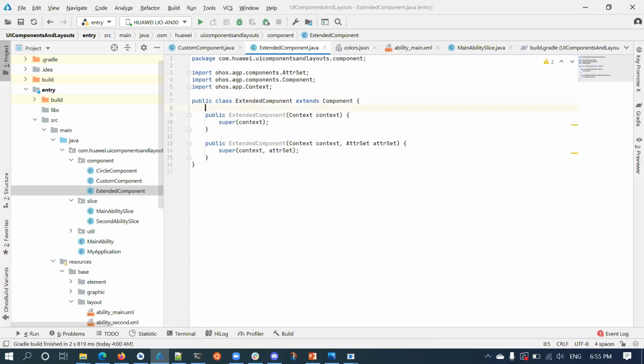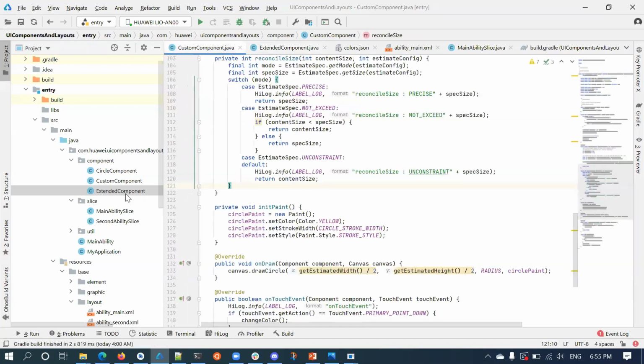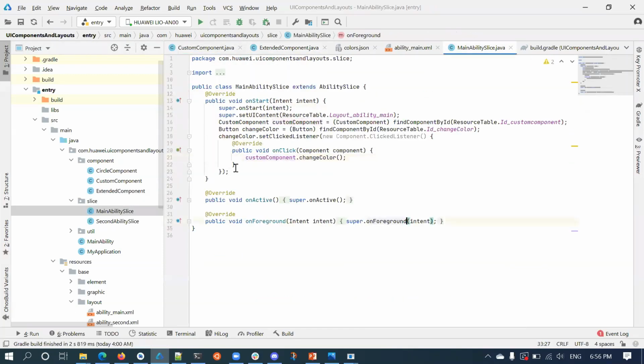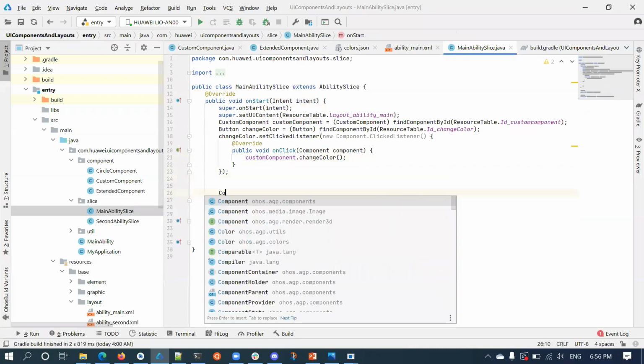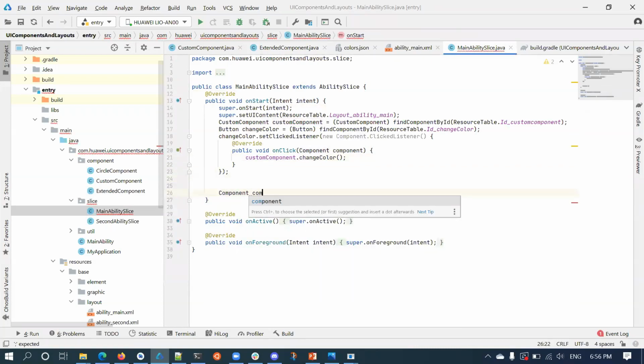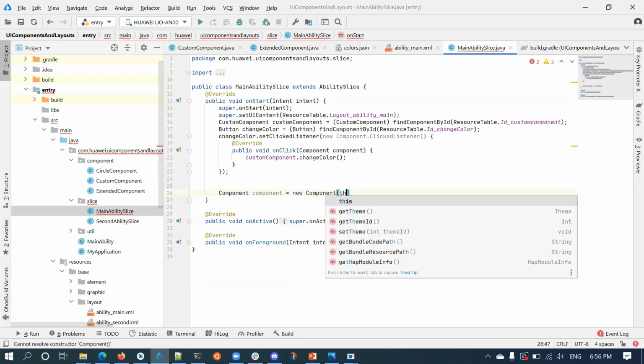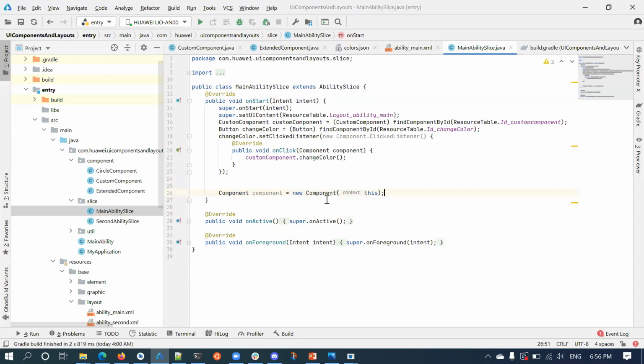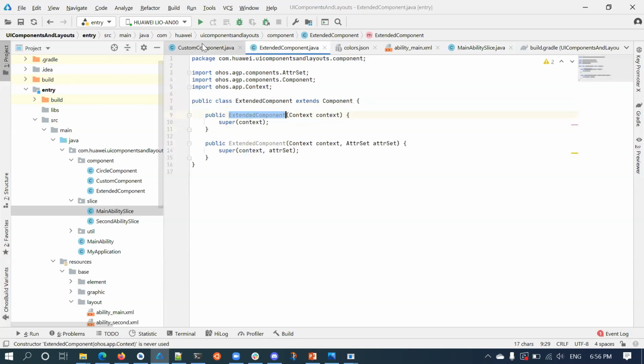So there are 2 different ways, I told you, to create a UI. Either you can create via Java, or you can load from XML. So when you are creating via Java, how will you create a component? Like this, using the new operator, and you will be passing just the context. You see here. So we have overridden this first constructor. When you are creating via Java code, it will call this constructor.